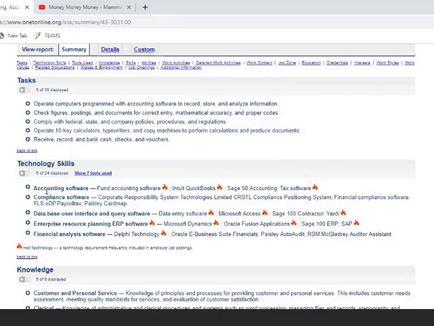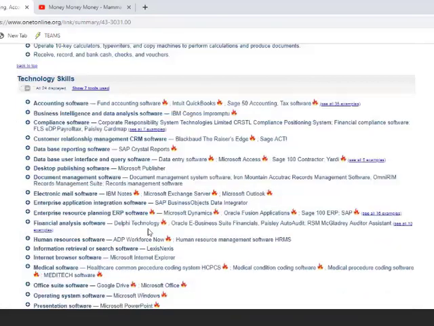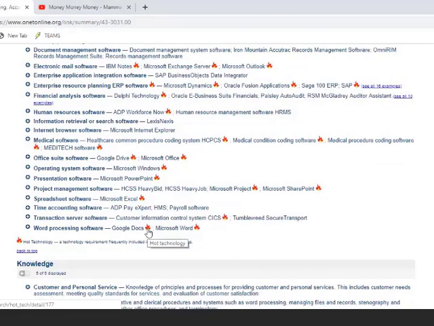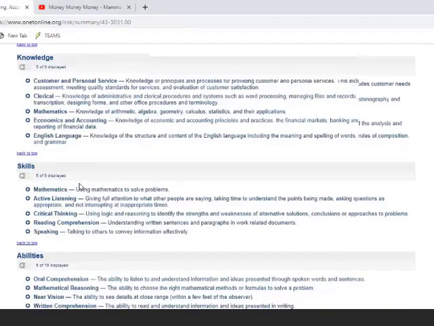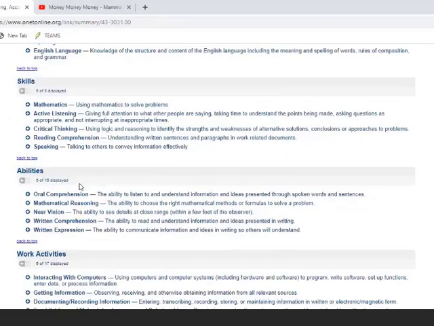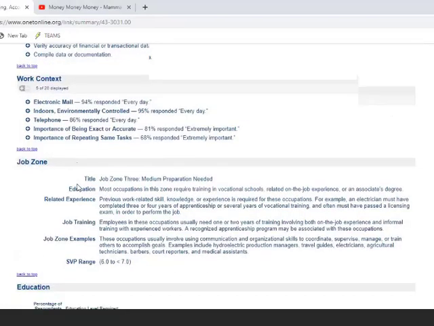And right now, you'll see that this is only open partially because this only lists 5 of 24. And you can open that up, and it just goes on and on and on. This website is also really good to help your students write a resume because they can actually get enough information just off this particular website to almost write an entire resume without having to literally type anything in themselves. Download this. This is knowledge. This is the type of skills that are needed, the abilities. It goes on and on and on.